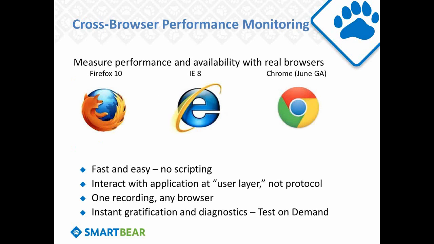One of the things that we've seen over the last time period is a real shift towards ensuring that processes function well for users and not just that the website is up. AlertSite has for quite a long time delivered the ability to measure performance and availability with Firefox. At the end of last year, we introduced the ability to run those transactions on the monitoring network in Internet Explorer 8. And this summer, we'll be adding to that list the ability to run your transactions on the